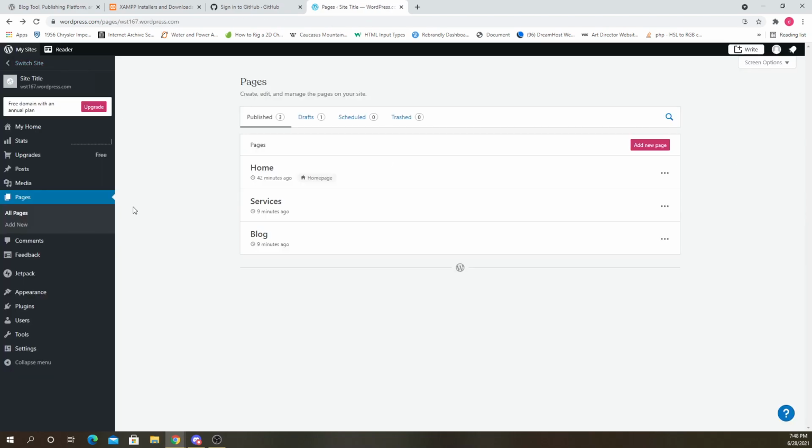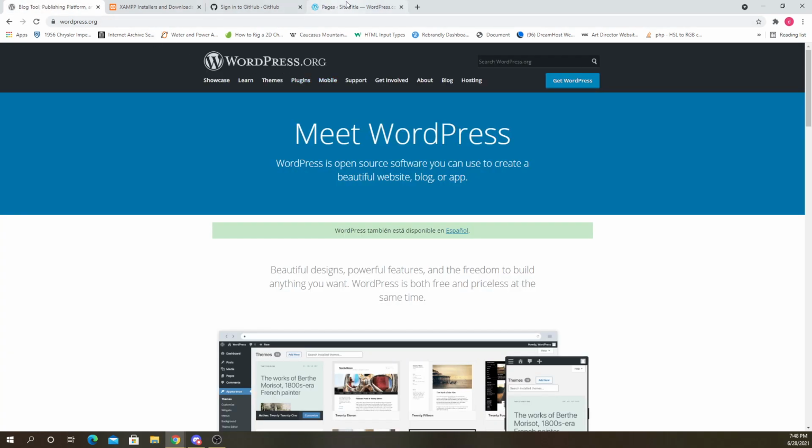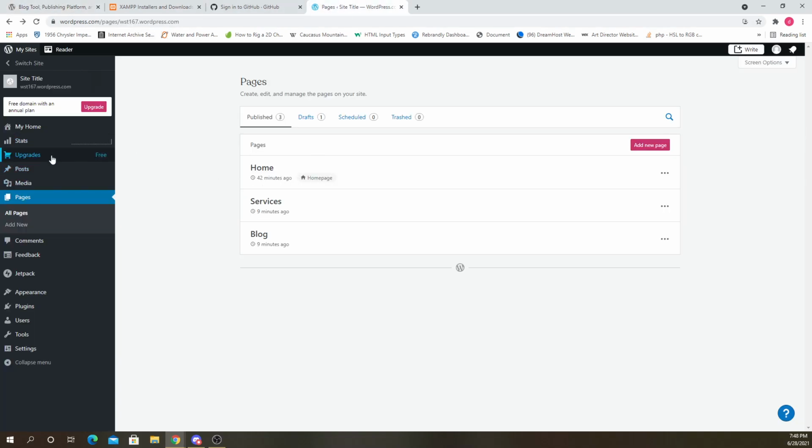I guess because it's free, maybe that's why we're not really able to remove that little message that says the site was built with WordPress. But later when we use WordPress.org, we'll look at more customizable ways. So we're limited here. We can't do full customization.